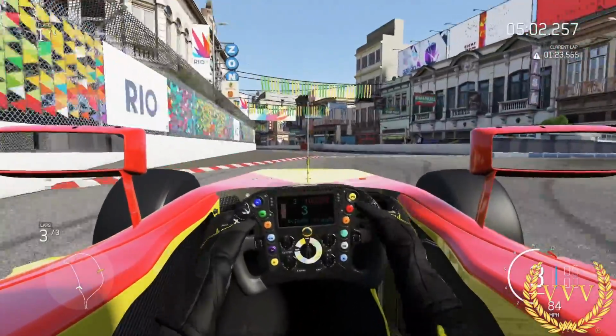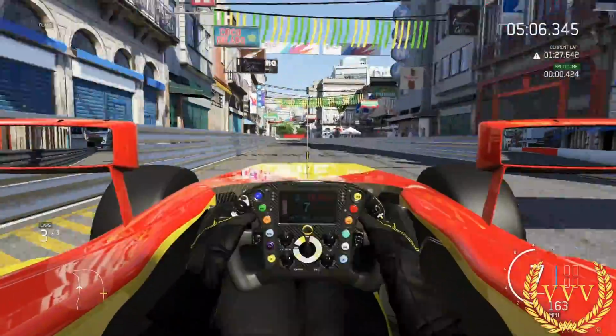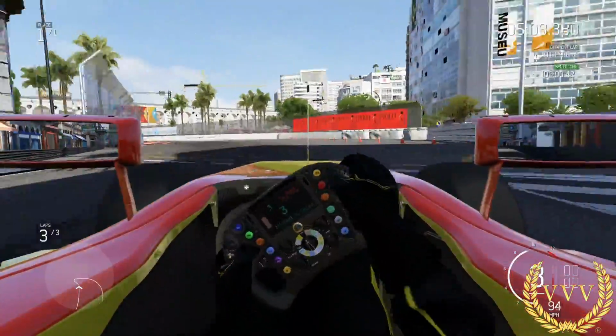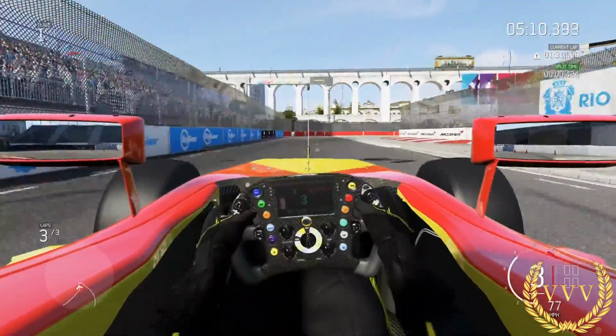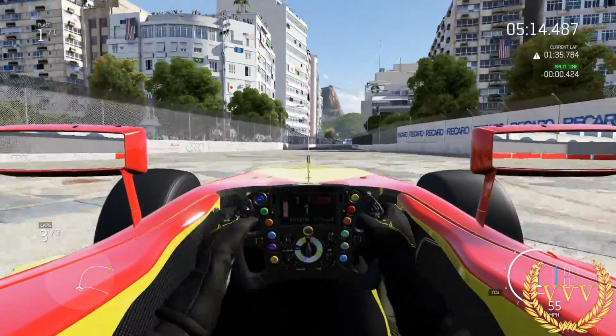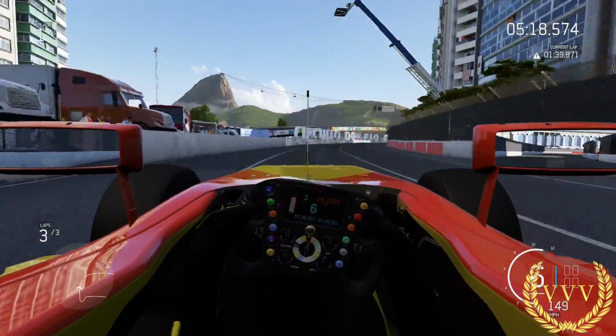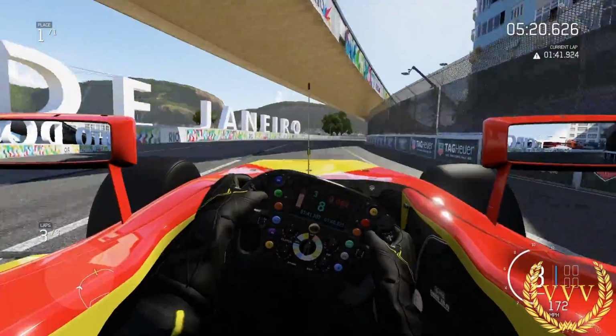But over those curbs, getting a bit wider than I'd like there. Didn't get the car in where I wanted it to be. And then into this tricky final section. This will take time to master. There is going to be one way that's probably quicker than all the others, and that's super slow on the entry, but on the power coming around the final corner. That was it for these 3 laps